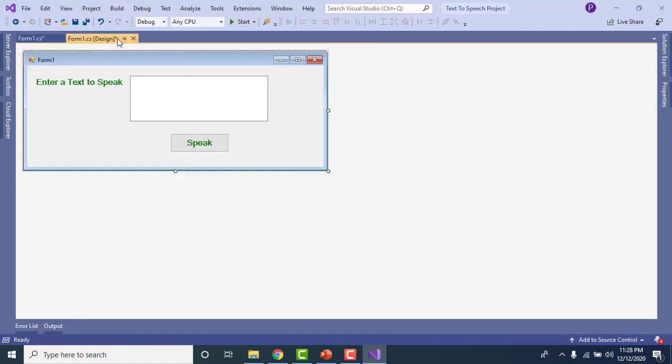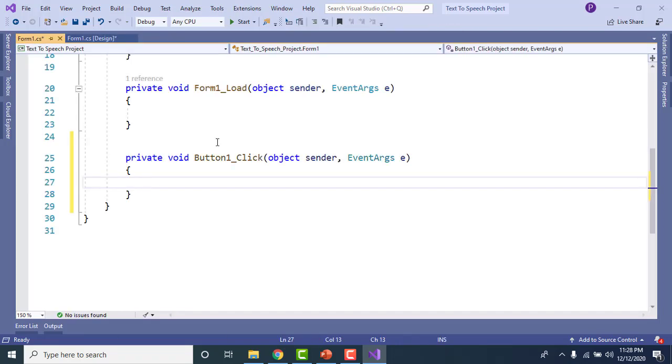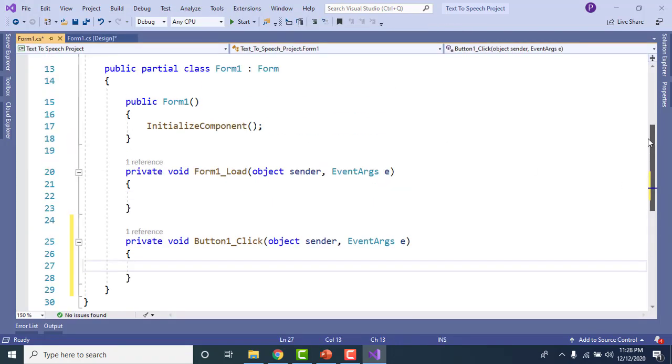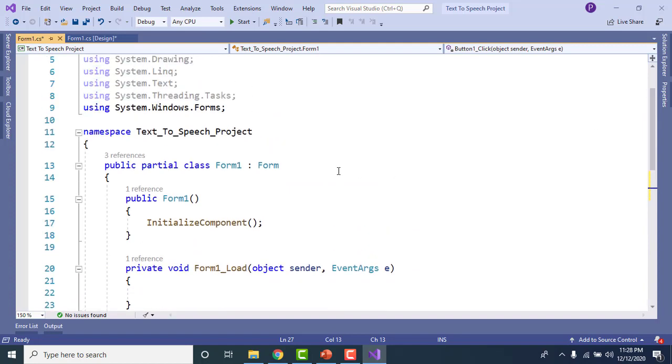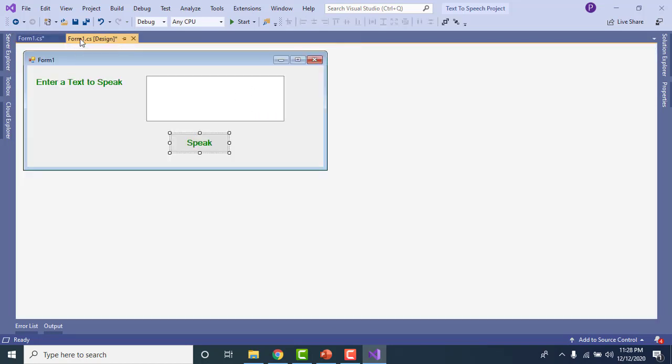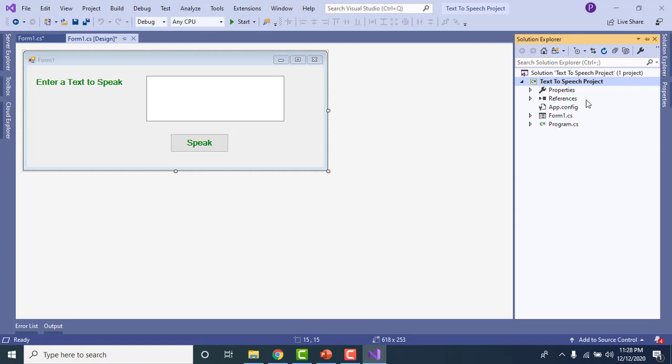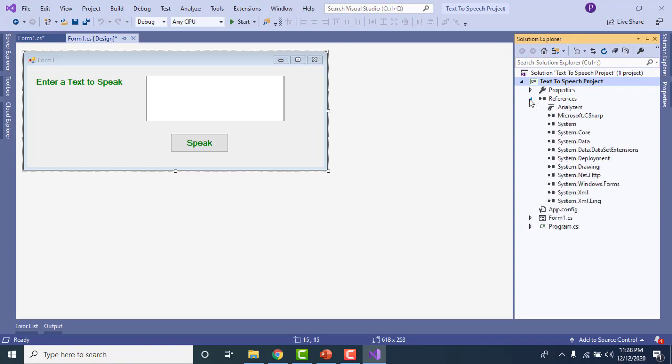Okay, now I need to click this button, so that's why I will create the click event of this button. For creating the click event, just double click here. When you click here, you will see the code here. So this is the click event. Now also I need to import the library, so click on the solution explorer and then expand the library